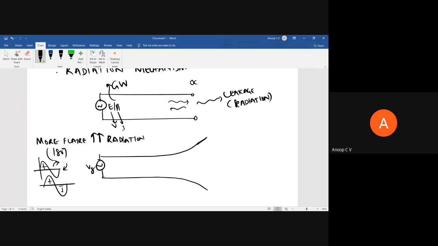So what happens when you are giving sinusoids within a length of transmission line? What may happen within different segments? You may have different polarity of voltage and different polarity of current. That is possible. So maybe at some instance the potential is positive here and negative here, and at some instance prior to that it might have been like this. So it will be alternating positive and negative. If there is a positive charge here, there will be an equal and opposite negative charge induced here. So the electric field will always be directed from positive to negative.